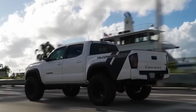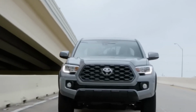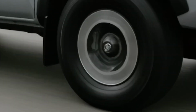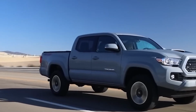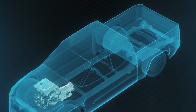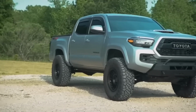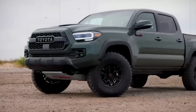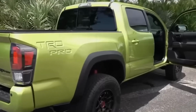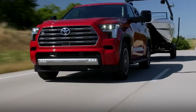A 4-door double cab with a 5-foot bed is the only other variant of the TRD Pro that is offered. Because of the greater departure angle, the TRD Pro's shorter bed will increase its capabilities. The Trailhunter, on the other hand, has a choice of a 5 or 6-foot bed. For the Tacoma Trailhunter's increased payload capacity of 1,709 pounds, a longer bed is an optional feature. Its capacity to offload may be reduced as a result, but the larger bed will be able to hold more